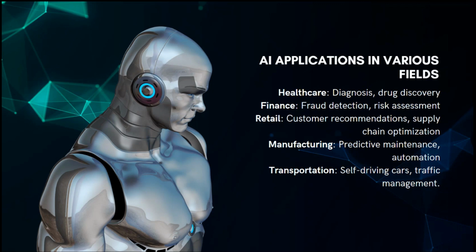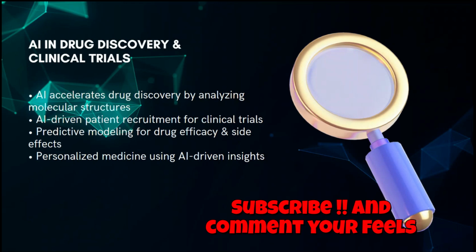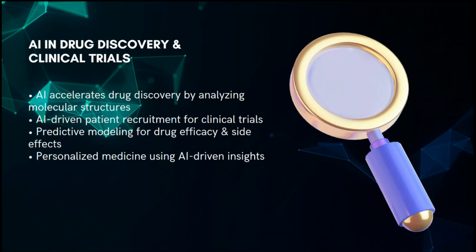And if we talk about healthcare mostly, it can predict diagnosis. It can check the reports. It can discover some kind of medicine, drugs, based on the analysis and based on the data sets that we provide. And there are various fields which AIs are working on currently. So not AIs are working on, it's basically humans who are providing data to these models, and they are learning from those models. So let's move to the next slide for drug discovery and clinical trials, where these